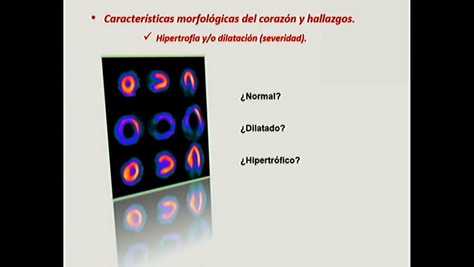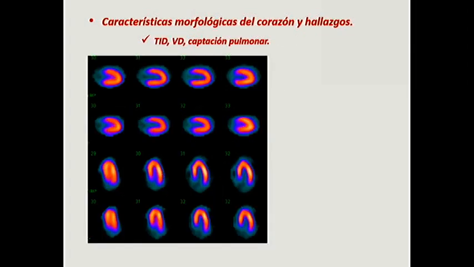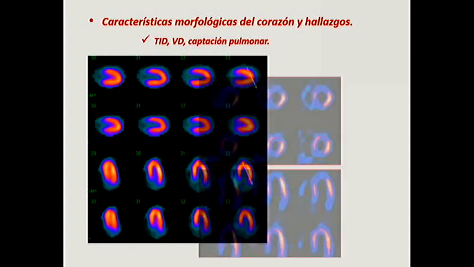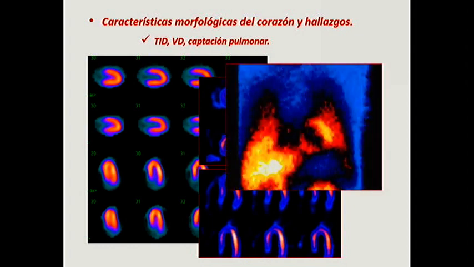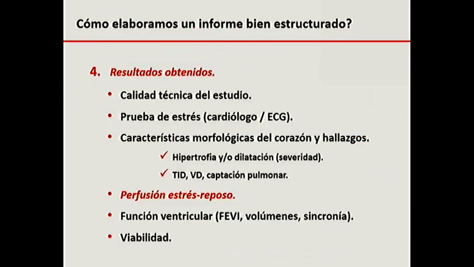This is the morphological part, the morphological information. And here we can see a transient dilation with uptake in the right ventricle. This information should not be ignored. Pulmonary uptake,